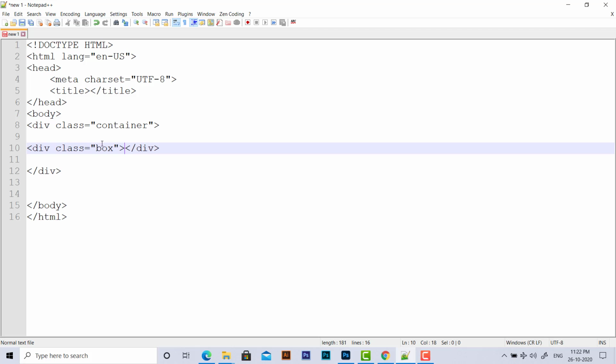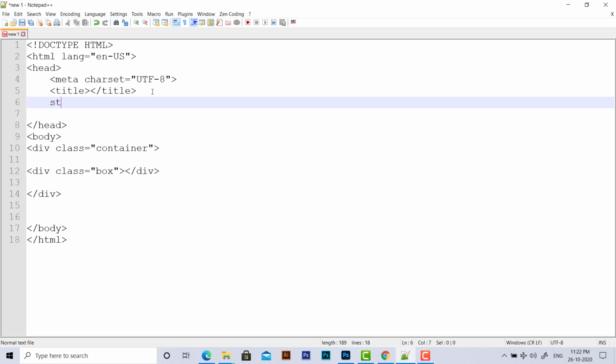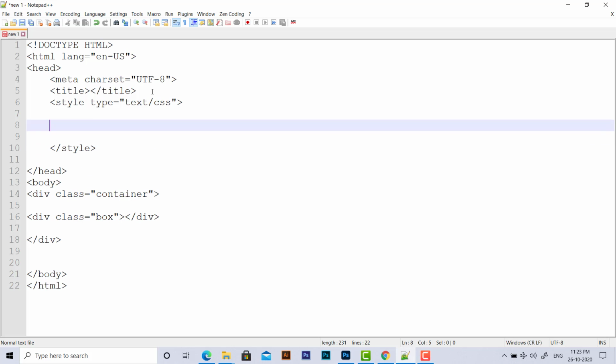Now the main task is first we have to give some styling to the container. So we are going to create an internal style sheet. And here we are going to select the container class.